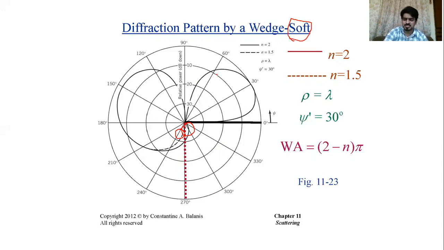Okay, also notice that for the two cases, the half plane, that is a knife wedge, as well as the 90 degree wedge, for both the cases your diffraction pattern is almost identical. There are only discrepancies between those two in the shadow region. Here in this region only you see that they have different values. Otherwise, for the most part they have the same identical diffraction pattern. So this is for the soft polarization.